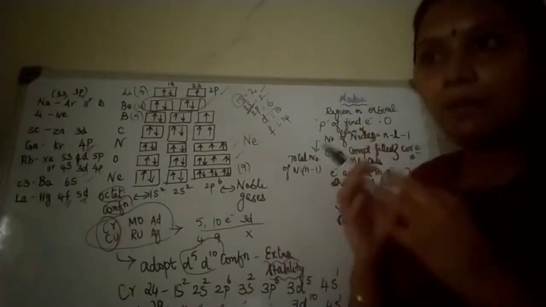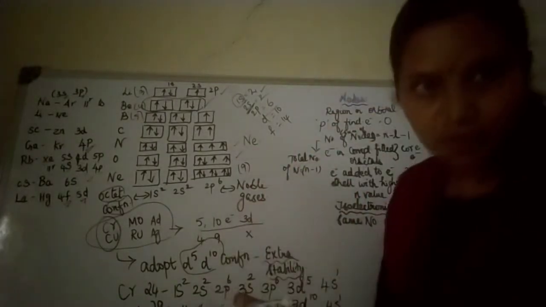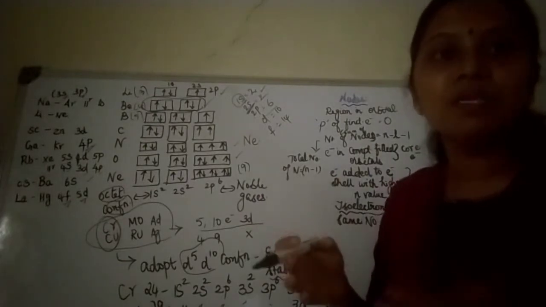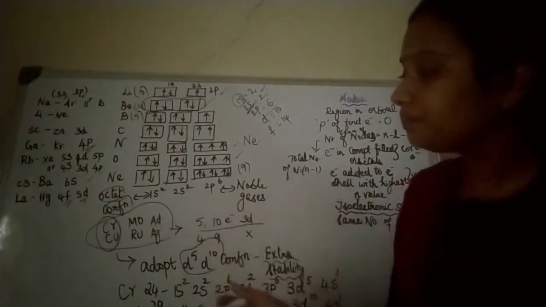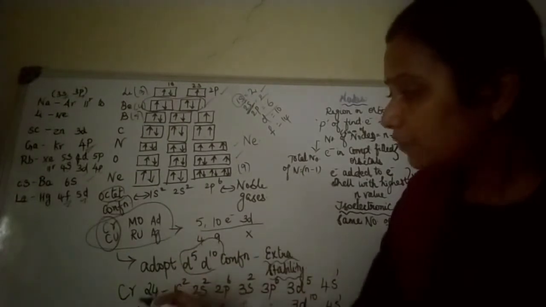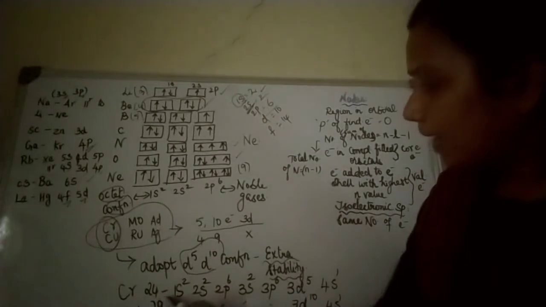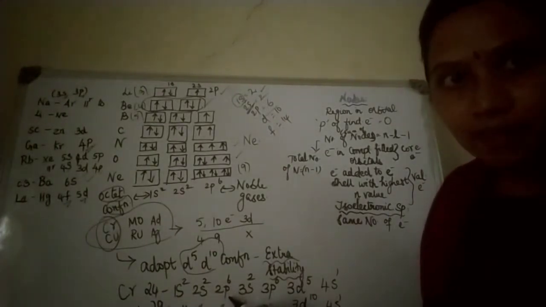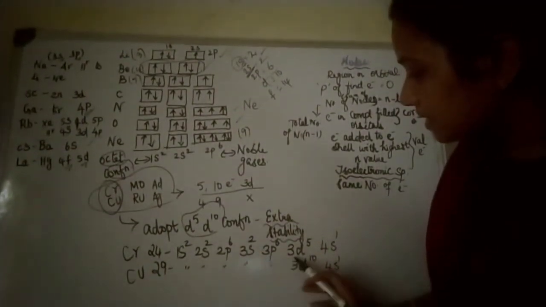Once we fill one particular orbital with the maximum number of electrons, only then do we move to the other. Before that, I have already told you that if there is competition between 3d and 4s over where you are supposed to fill the electrons, that we have also seen. But I have just cited a few examples for exceptional cases. Say, for example, chromium, can you see? Chromium is 24. How have I filled the configuration? 1s2, 2s2, 2p6, 3s2, 3p6, 3d5, 4s1.